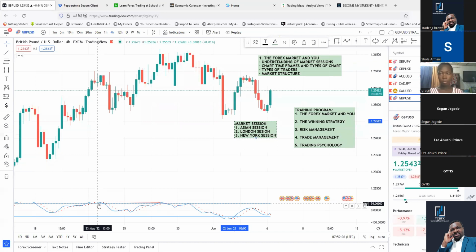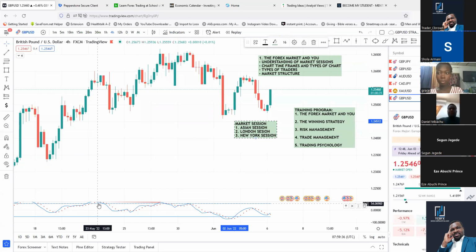So there are people waking up in different places, people sleeping in different places, people doing certain activities in different places. So around the world, that's what I mean, different countries. So the time zones are different. So you have to choose a section that will be suitable for your zone, for your timing. That means where you live. What is your time zone where you live? That's how you're going to get it done.